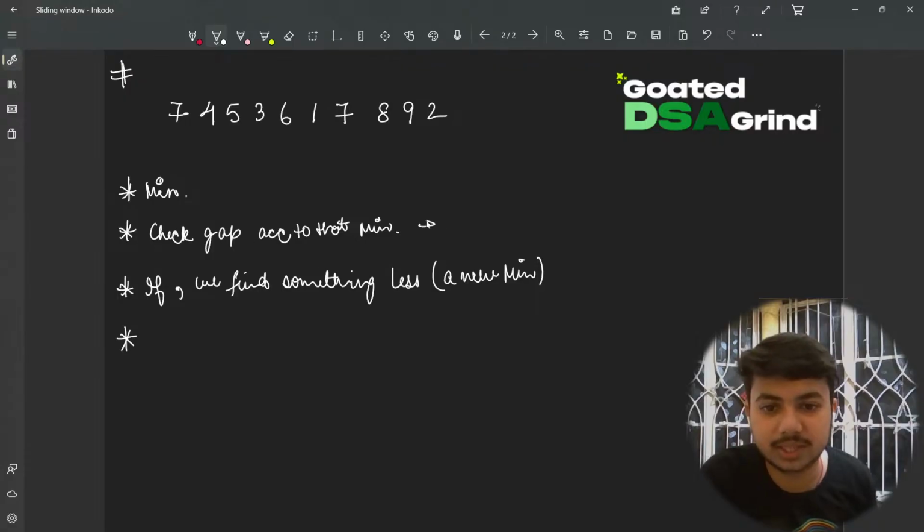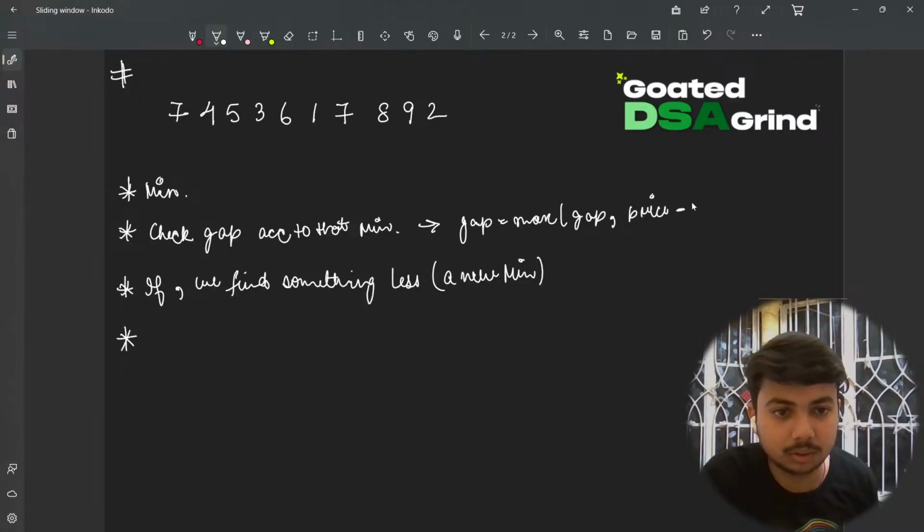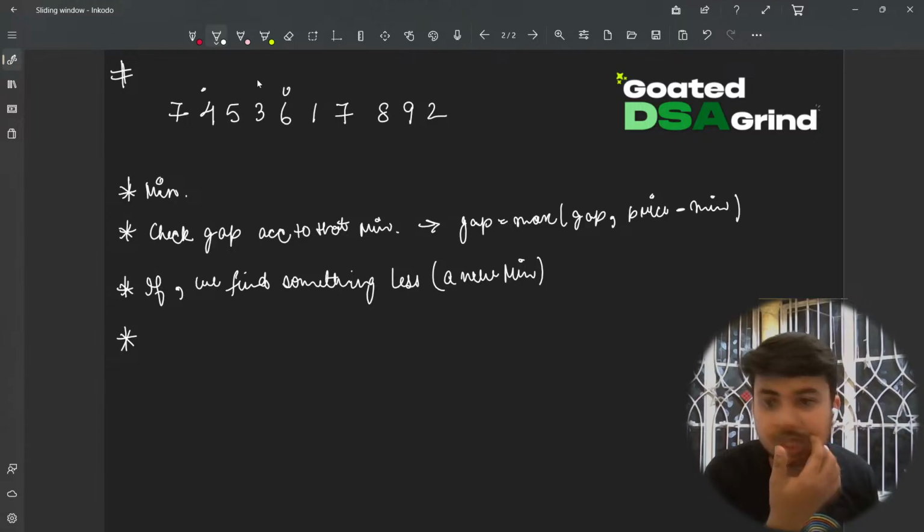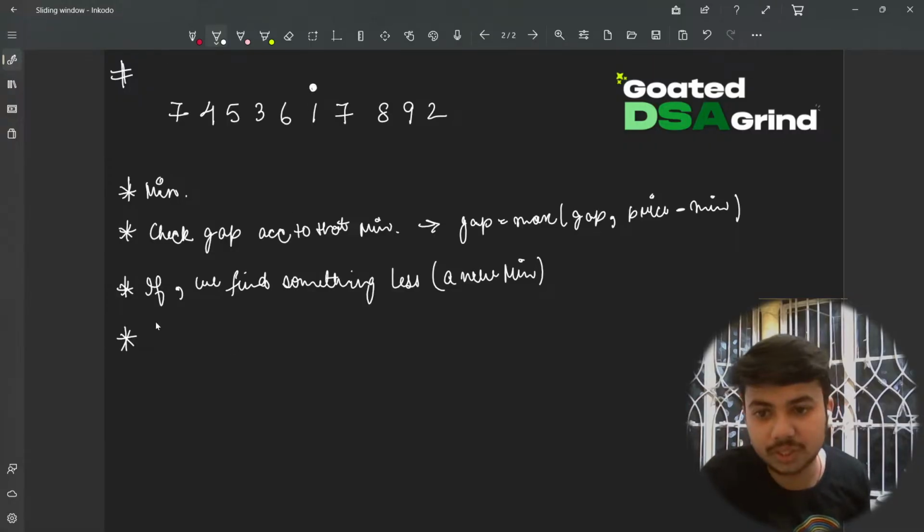We need to check that gap and always store it. So gap will always be the maximum of gap, comma, the price at that point minus the minimum. Right? So that will be the profit that will be generated. From here if we sell at 6 and buy at 4 then there will be a profit of 2 rupees, as simple as that. So if you find something less, a new minimum, in this case it's 1, so what we need to do is we keep this particular value